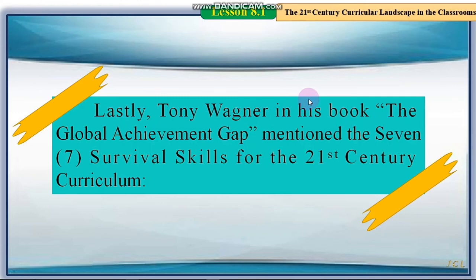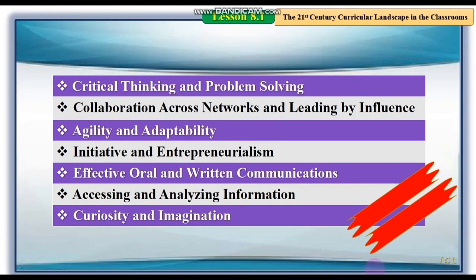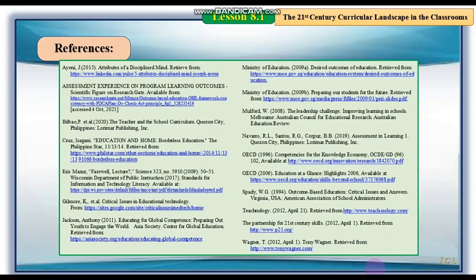Then lastly, Tony Wagner in his book The Global Achievement Gap mentioned the seven survival skills for the 21st century curriculum. We have here critical thinking and problem solving, collaboration across networks and leading by influence, agility and adaptability, initiative and entrepreneurialism, effective oral and written communications, accessing and analyzing information, and curiosity and imagination. Those are the topics that encompass our discussion on Module 8, particularly Lesson 8.1 or the 21st Century Curricular Landscape